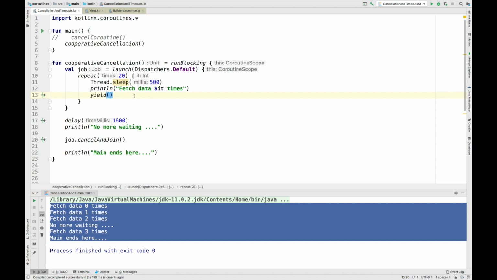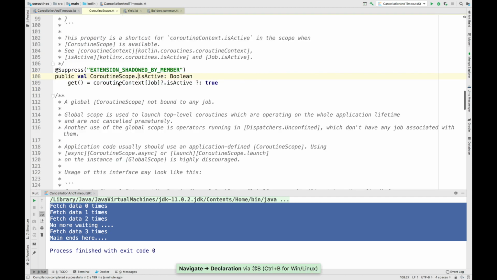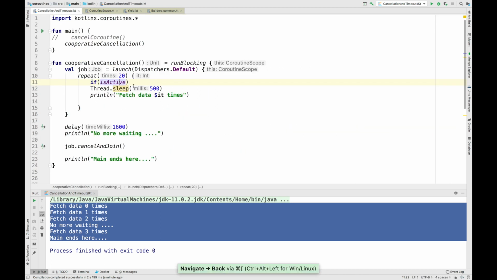The other way is to use an extension property, isActive. So let me remove this line. Here I'll simply add an if condition that will check for isActive. If I go inside this, you can see that this is an extension property of CoroutineScope, which will tell you if this coroutine has been cancelled or not.